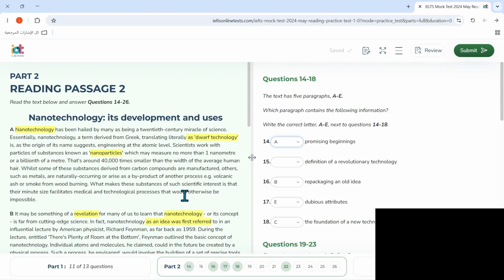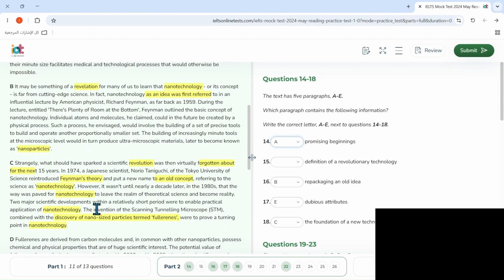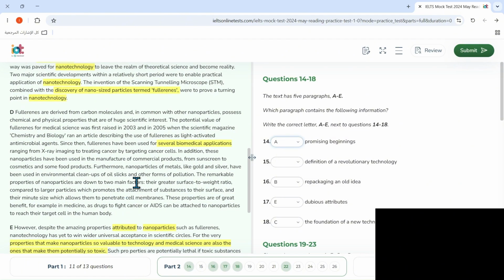This is a definition of revolutionary. A B C D. This is the revolutionary technology. Value of space, and and